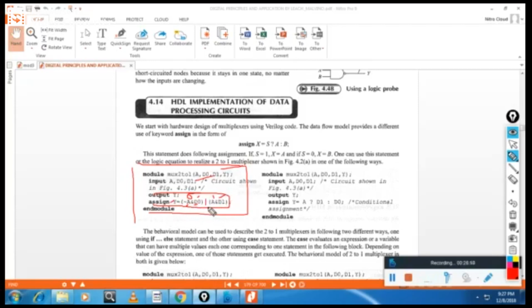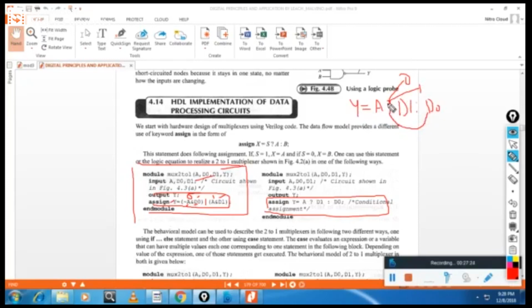Otherwise, one more method of writing the assign statement is this one. Y is equal to A question mark D1 colon D0. That means here, if A is 0, then Y will take the value D0.